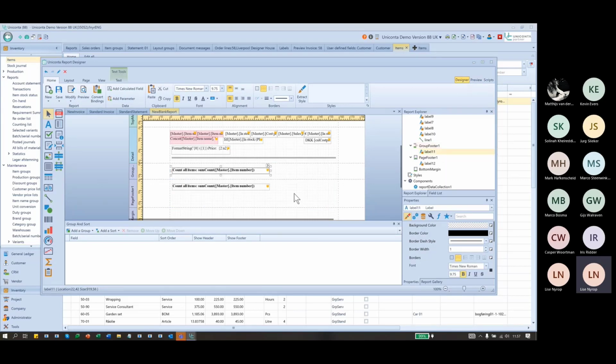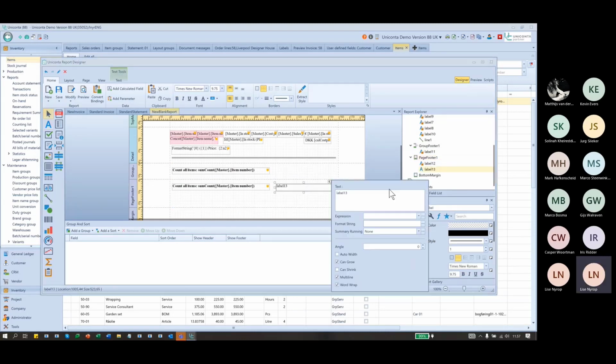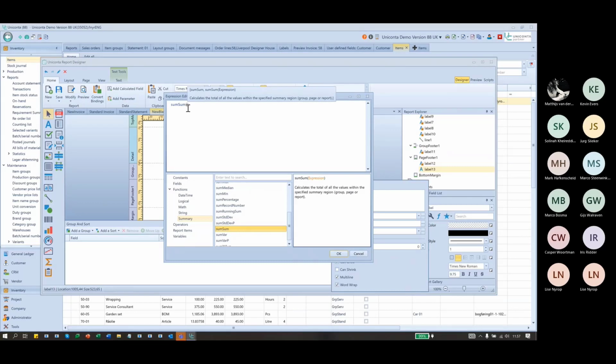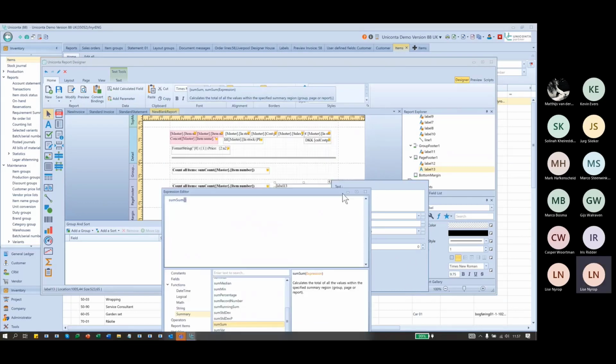You can put more calculations in these page footers. You can put in the summary, as we did. This is the page, okay. And the expression, we have the summary now. We have the sum, like this. And we can put in the,